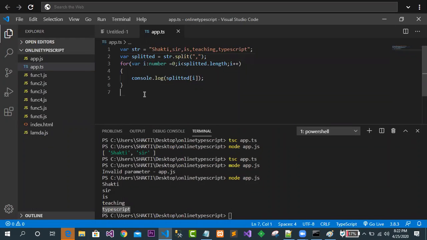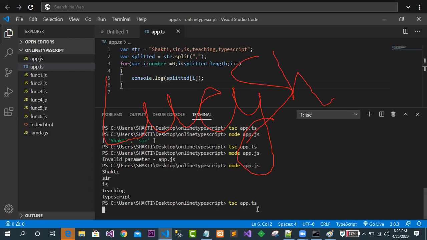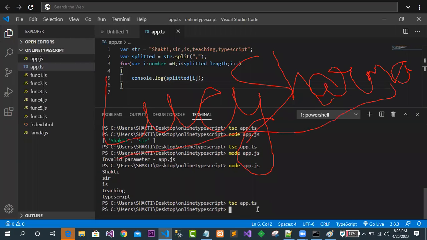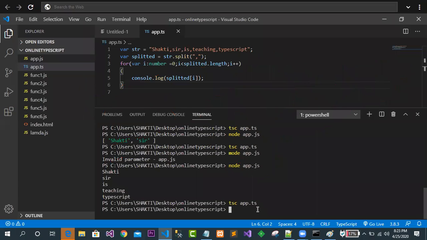If you want to see the output, I can do it here also. Let's say tsc app.ts.